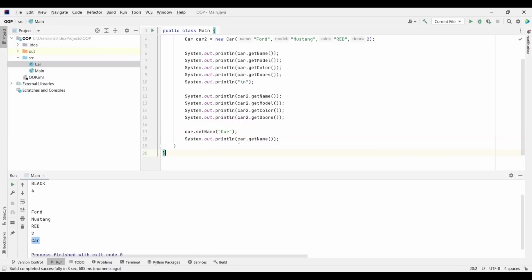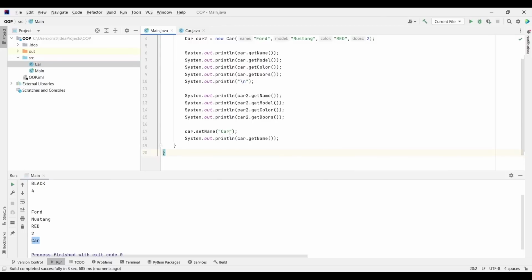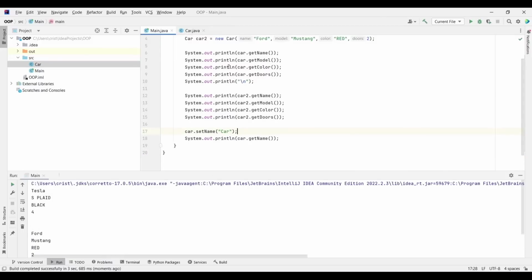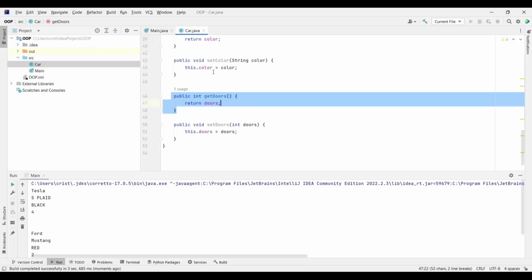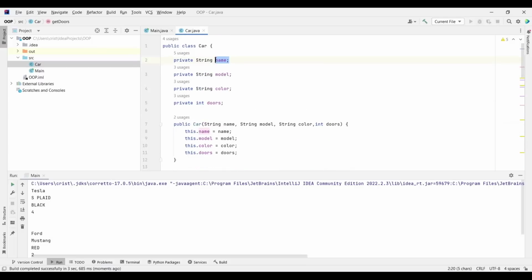So the value for our field name of our first car object was changed to car. So you can use the setters to change all the values, but again, you're not changing the value directly. You're not calling the field directly and changing its value, because that will break what is called the rules of encapsulation, which basically means to not let your code be accessed from outside.